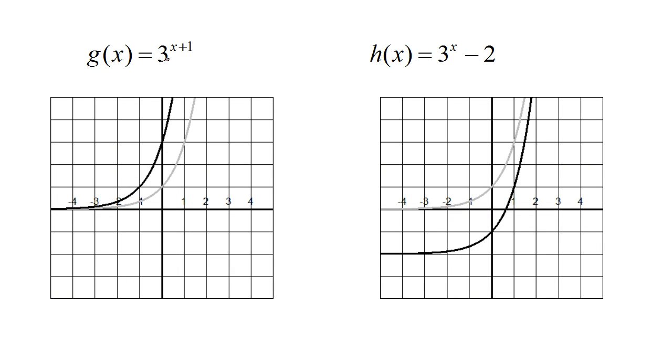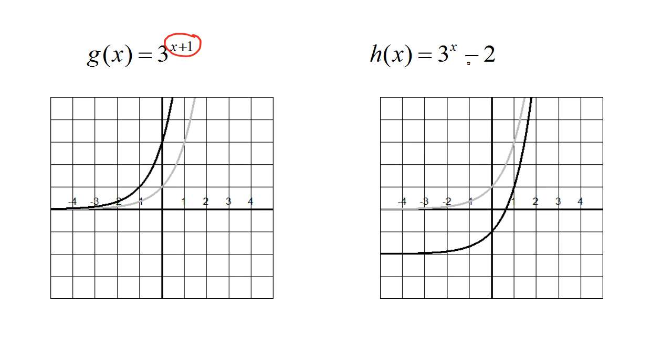I want you to notice that the rigid transformations that we've already studied apply when we're doing exponential functions. If you add or subtract something to the x before you do your function, that is going to be a left-right shift. So this would be a shift to the left of 1 unit. The gray graph here is my standard unit of my graph, and this black one has been shifted to the